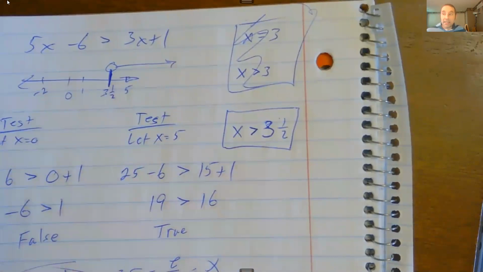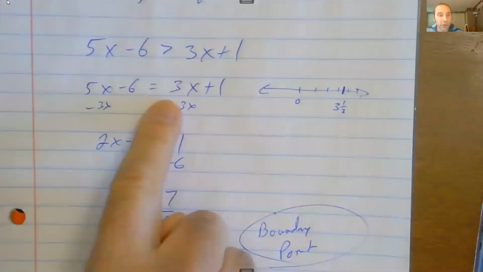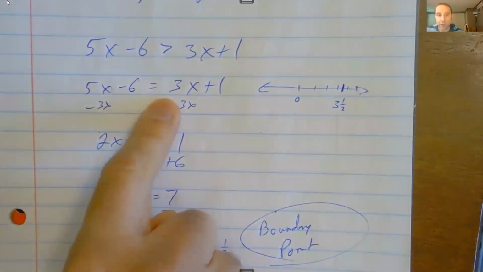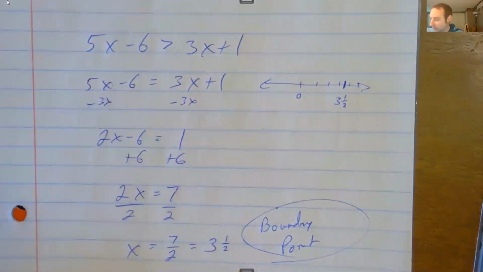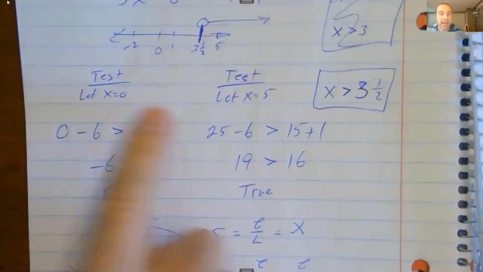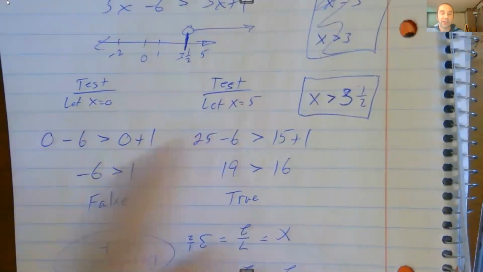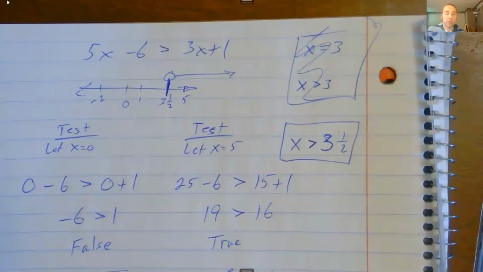Okay, so the main things here are step 1. What we did over here is we turned the inequality into an equation. We solved that equation and we got ourselves a boundary point right here, x equals 3.5. And then we tested something on either side of that boundary point. I tried x equals 0, and then I tried x equals 5, and I found out which side of the boundary point made it true, and that was the region that kind of gave us our